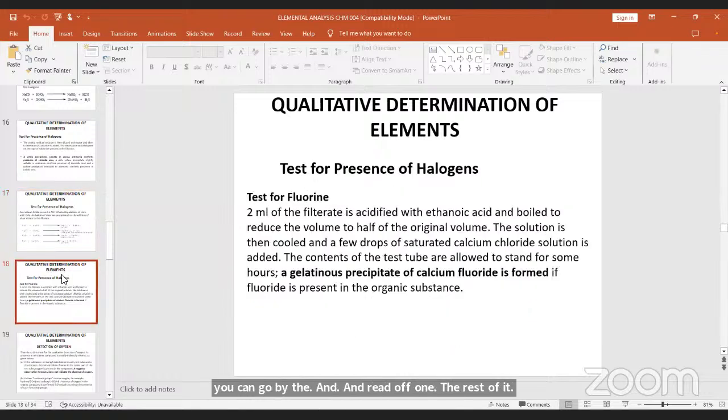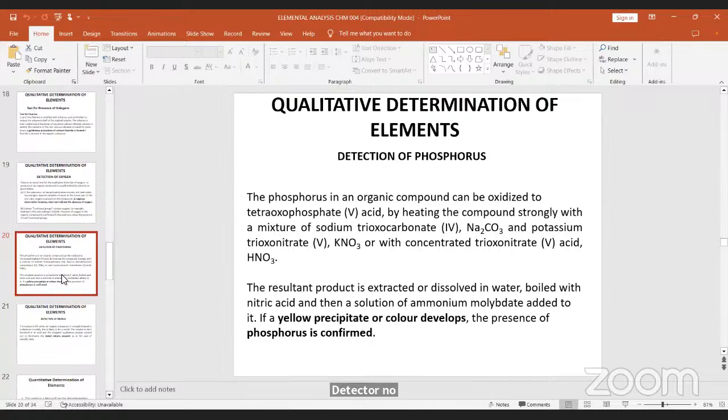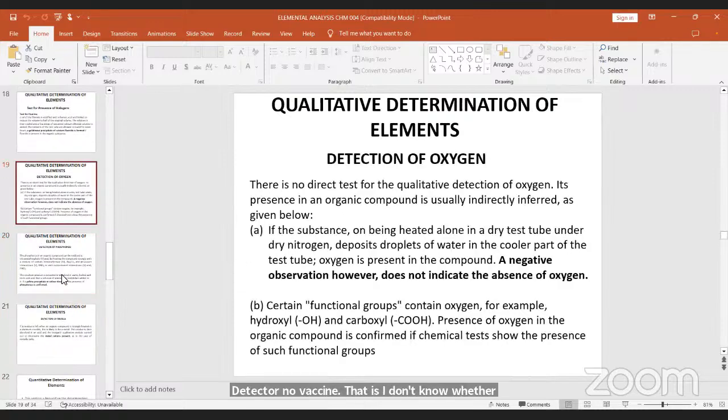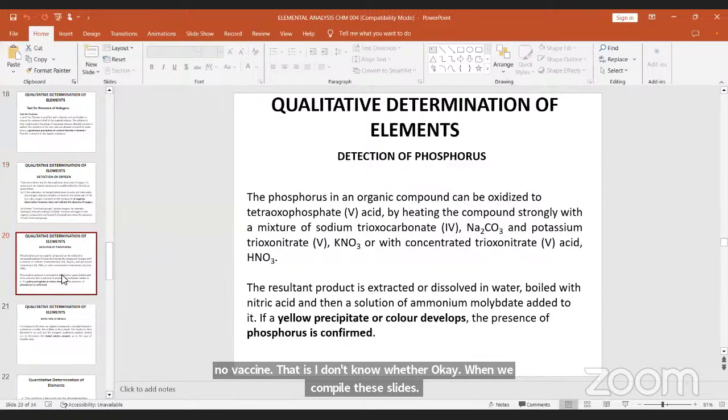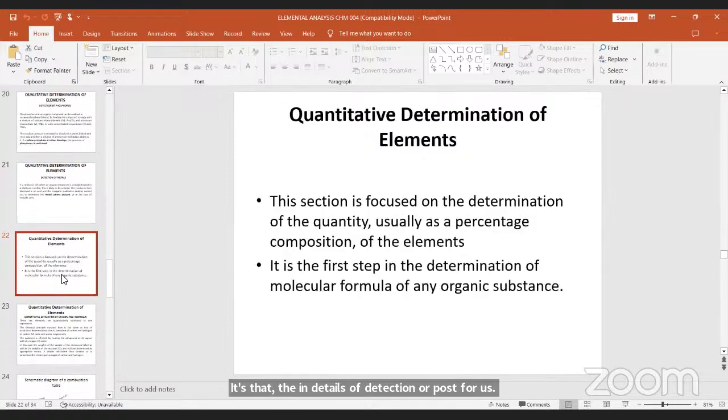So quickly, on the slide, you also have tests for the presence of fluorine and some other ones. Detection of oxygen, that is, how do you know whether oxygen is present in your organic compound? This slide explains that. Then the test for detection of phosphorus and for other metals that may be present in the compound. So,